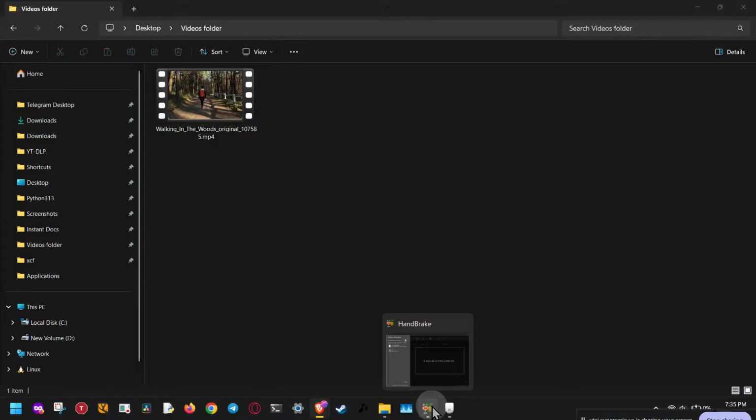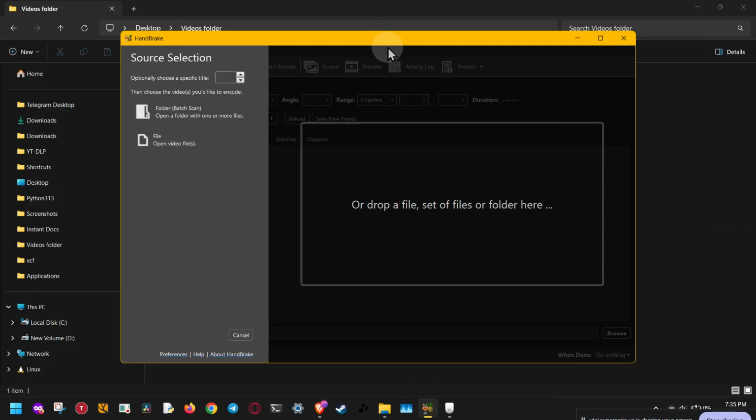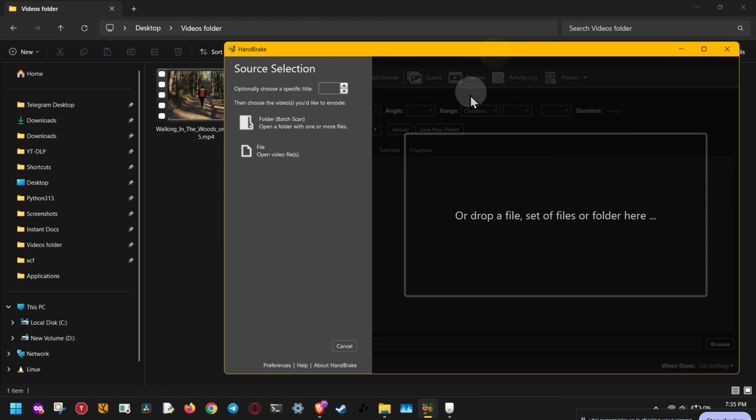Today I'm going to show you HandBrake instructions step by step so you can convert and compress your videos with the best balance of quality, file size, and playback performance. Whether you're preparing videos for YouTube, mobile, web, or archiving, HandBrake is one of the easiest free tools to get